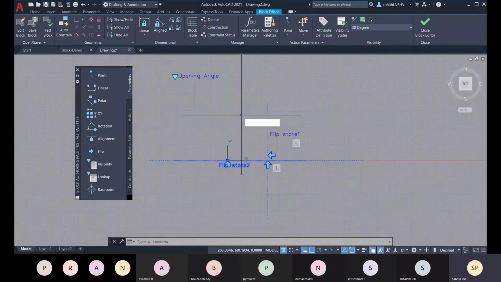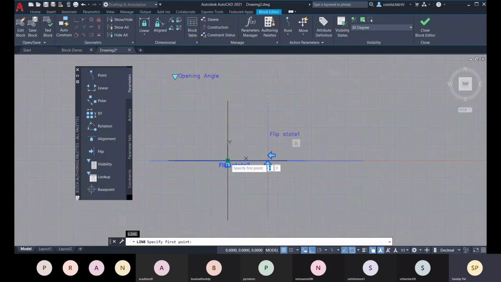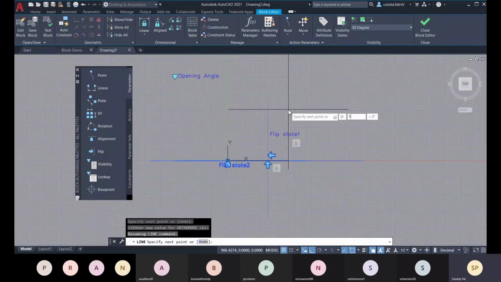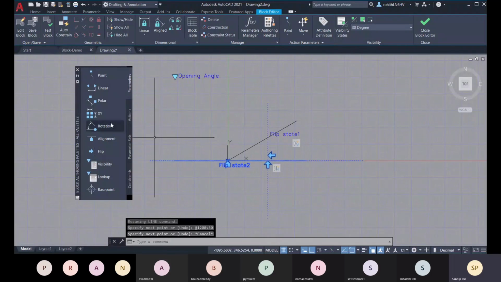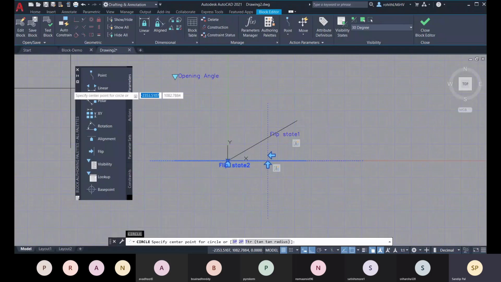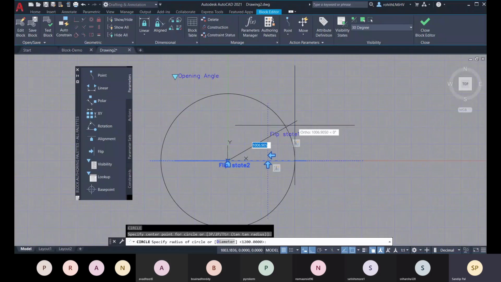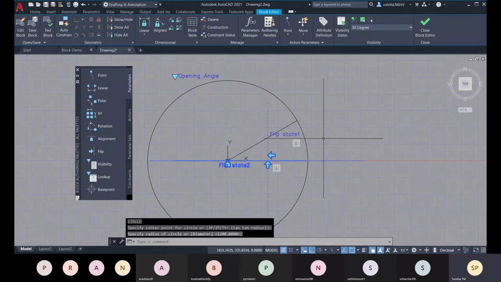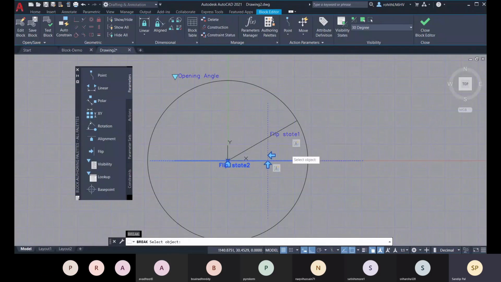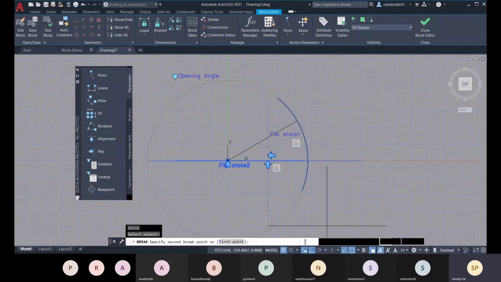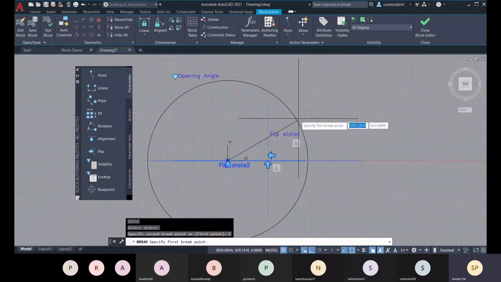This is the first point, and at the rate 1200 less than 30°, enter, and go for circle, center, then the radius, BR, enter, select this object, then go for first point. This is the first point, and there it is the second point.